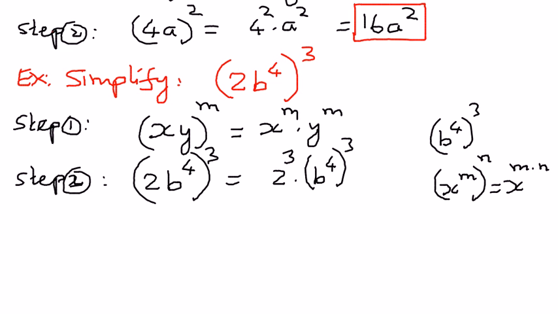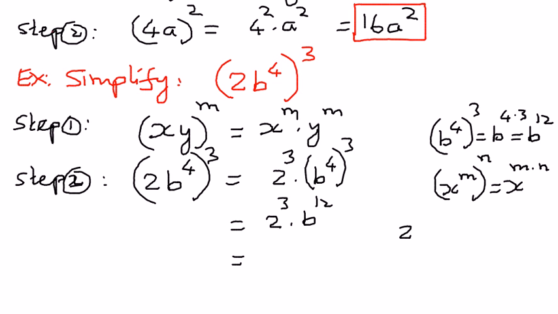So we're going to apply that same concept here, and therefore when we expand that, we can write this as b to the power of 4 times 3, and that is going to be equal to b to the power of 12. So for (b^4), the whole thing raised to the power of 3, we can write it as b to the power of 12. And then let's write that here, 2 to the power of 3 times b to the power of 12. Now all we need to do is